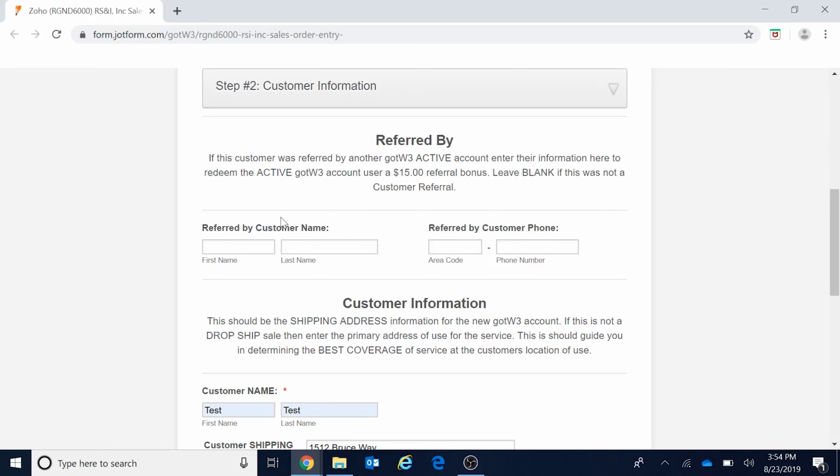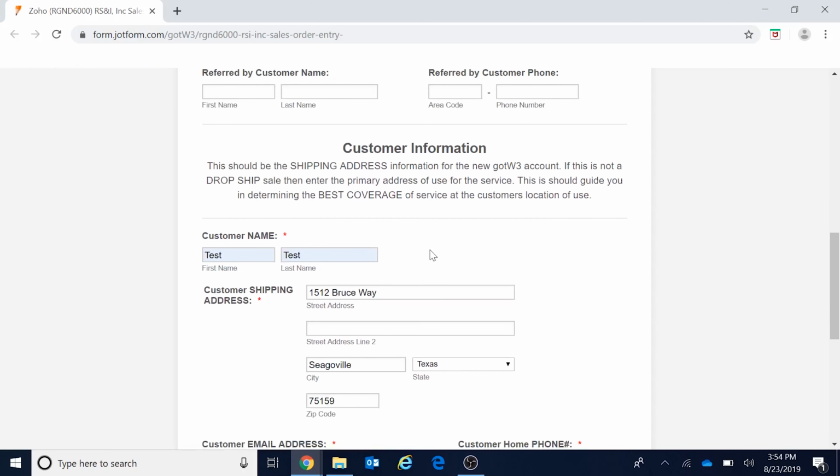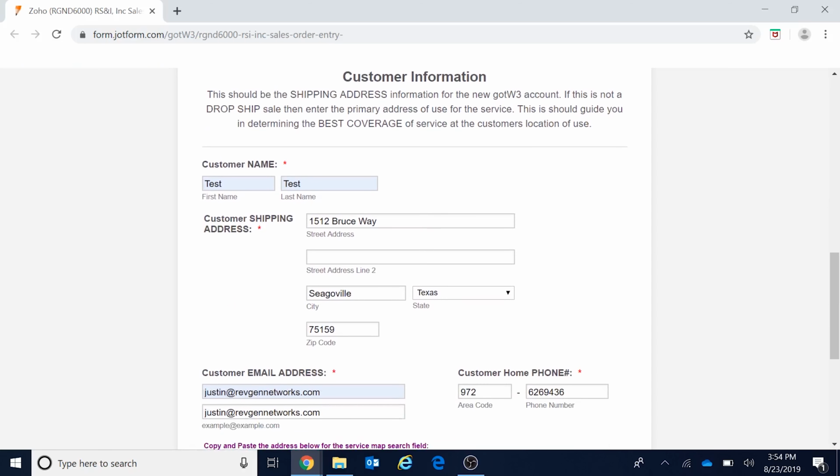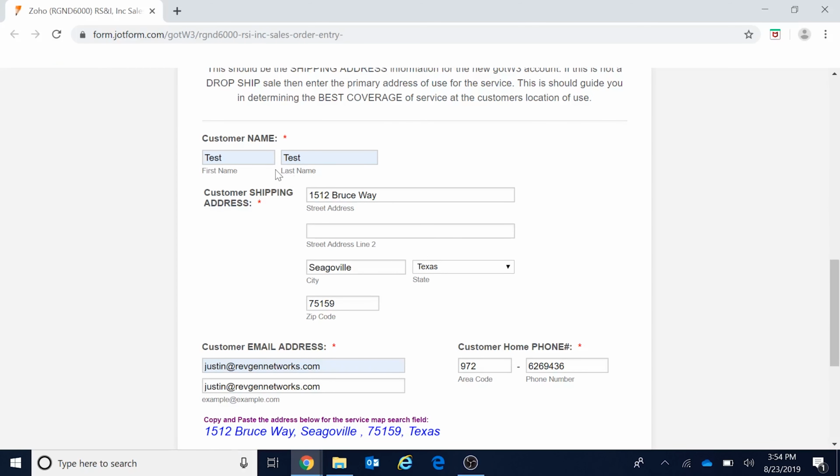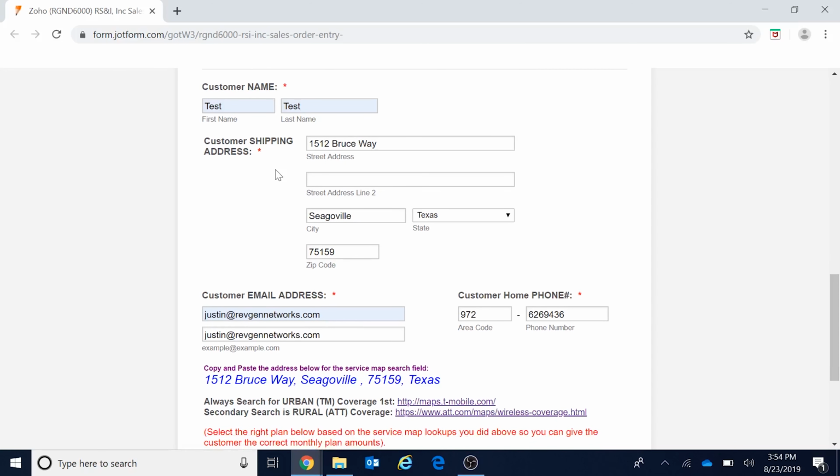You have a section to enter the referred customer name. If the customer is an active GotW3 user, they can get a $15 referral bonus. This would be where you enter that customer's name and that customer's phone number. After we've done that, we come down here and enter the name of the person buying the product. We enter their address in, and as I enter that address,